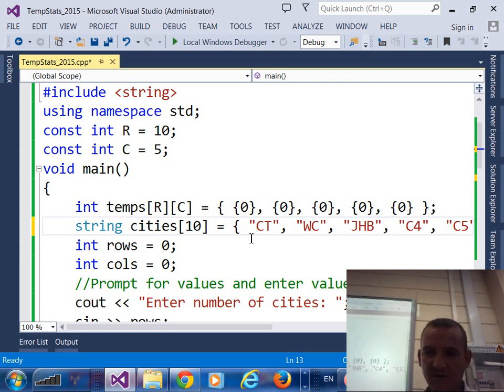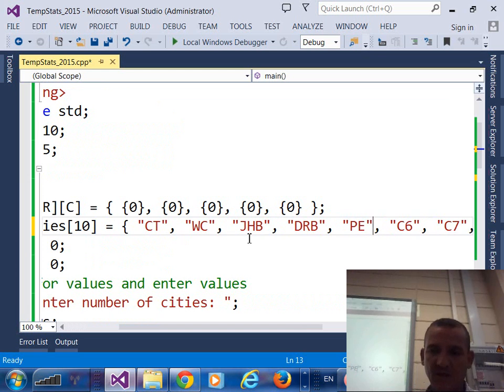Johannesburg, 7, 2, what else is there? 1.5,